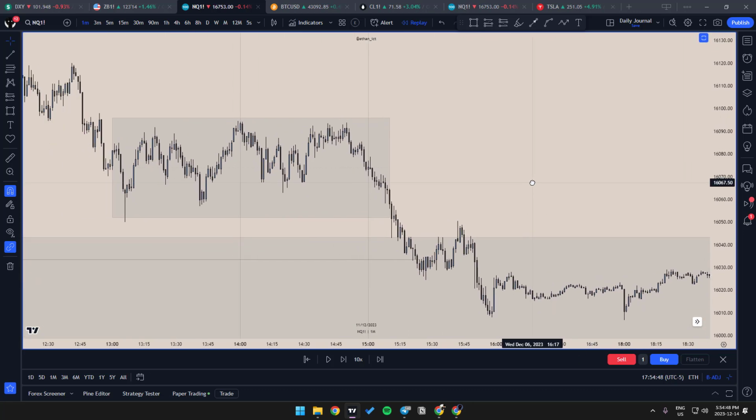So from here, you can see that within the second stage of distribution, you manipulate that high and you can look for sells. So this would be your silver bullet setup. That makes sense? Does that make sense with the silver bullet? So the key is to determine what stage of the